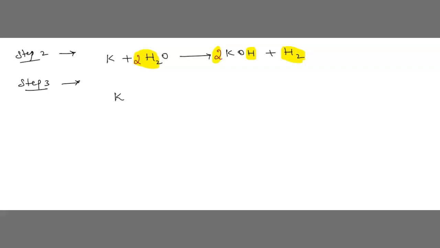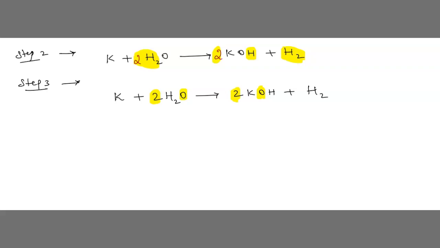I will take this equation as it is. K plus 2H2O gives 2KOH plus H2. This is my equation, the above equation. Yes. Now we can see O, how many do we have? Now O also balanced, correct? Can you see here? 2O, 2O. Yes, O is already balanced. Because of writing this 2H2O on the reactant side, O also has got balanced.